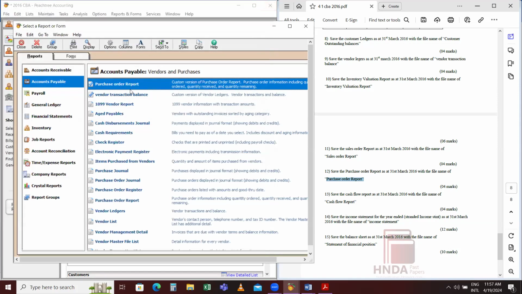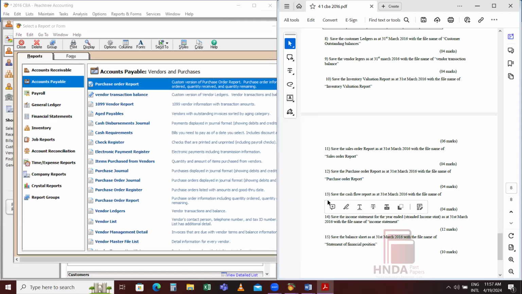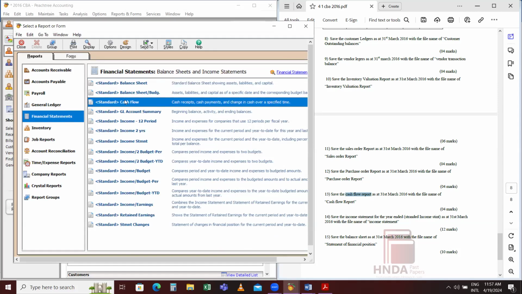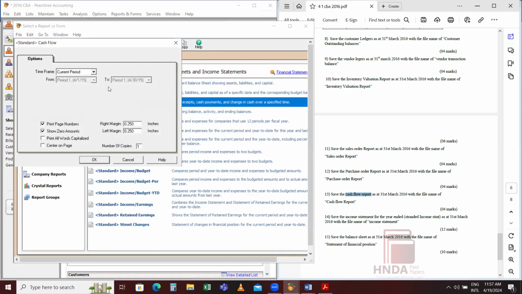So you can see two reports are there, purchase order report and vendors transactions balance report. Then we are going to save the cash flow report. Go to financial statements, go to cash flow, click on it,